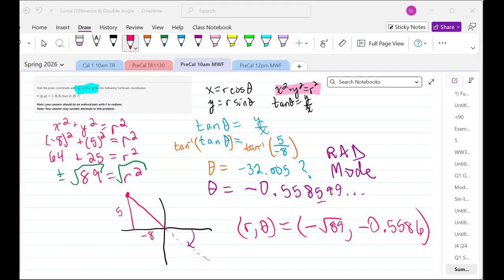So my angle has to be the -0.55, the -32 degrees. But I want to move to this point in quadrant 2. So I'm stuck facing quadrant 4. If I go with a positive radius, I'll move forwards into quadrant 4. That's the wrong quadrant. So I have to use the negative radius. That'll force me to